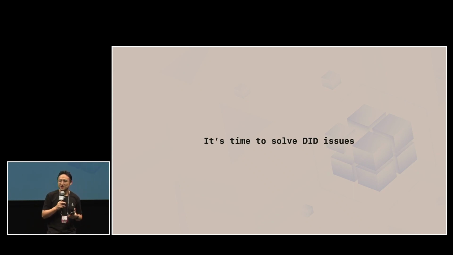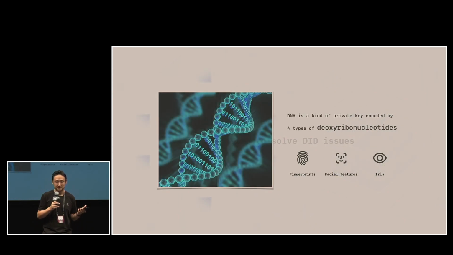Blockchain technology uses encryption algorithms to generate private keys, but these private keys are easily lost, right? So can we find a private key that will never be lost and is still secure enough? I think that the answer is in everyone's body. That is DNA, right? I think DNA is a kind of private key encoded by four types of